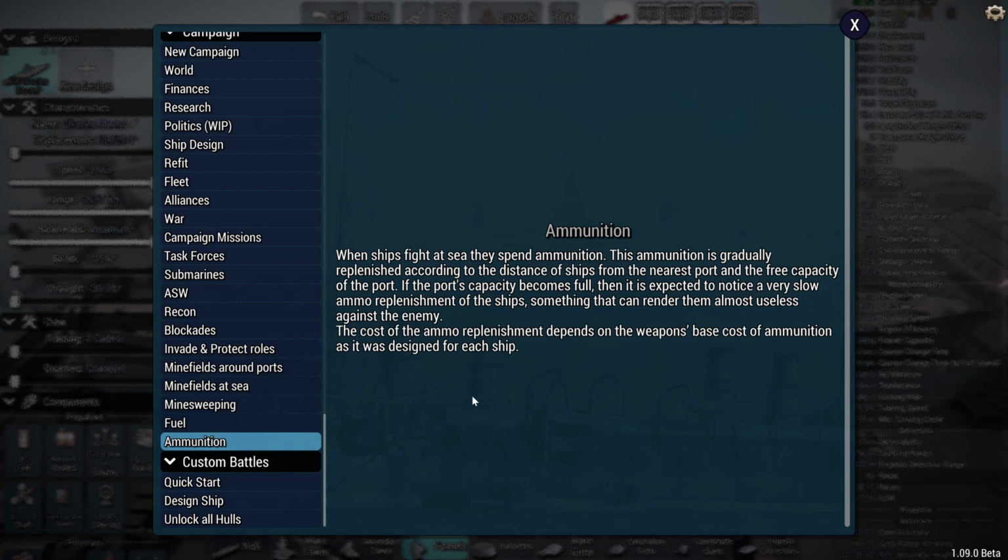Ammunition, it looks like if you use all your ammunition in a battle and then you have a battle the following turn, you're going to start the battle with hardly any ammunition. Now I don't know how fast this replenishes, and it costs to replenish as well. So the thing that I don't agree with is this nearest port business. Fuel and ammunition both get replenished from the nearest port, which, if you think about it, if you're